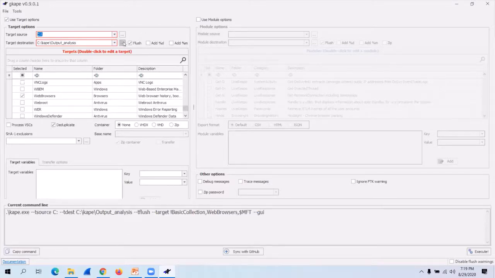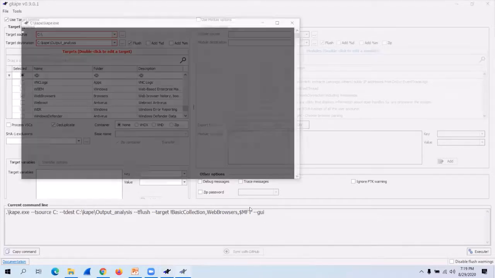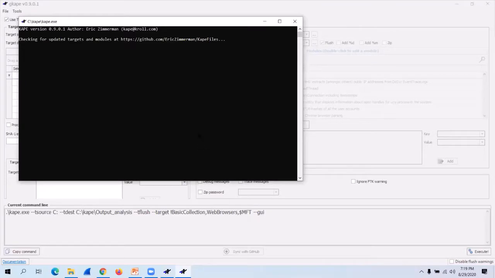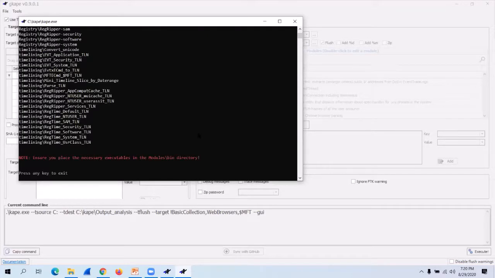It should work. Let me just sync it with GitHub. Maybe there are some updates through the command lines or things that are not working, but it will collect everything, including your MFT, everything, and it will place it here in your system.